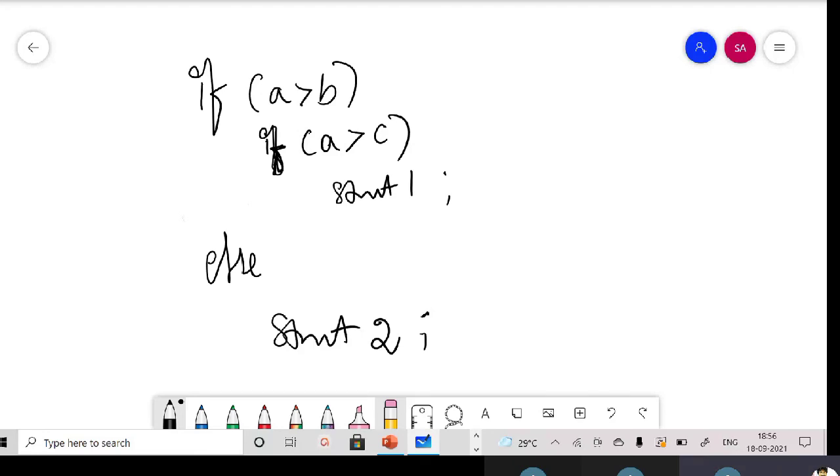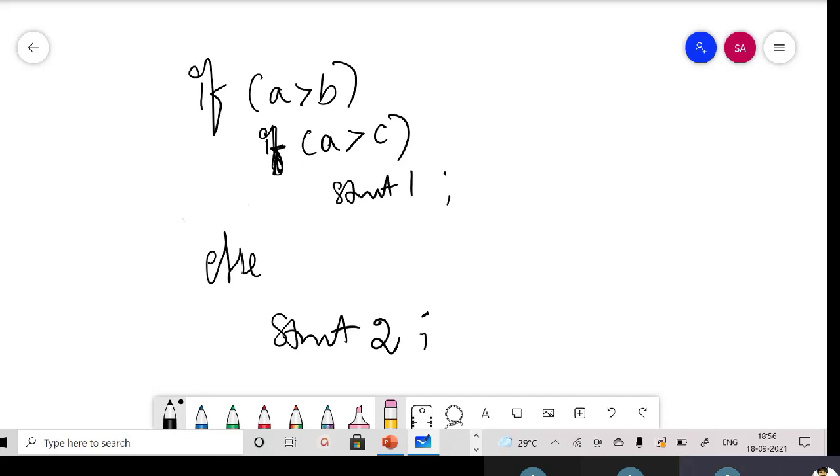Then there will be some ambiguity, sir. Very good. So then we are having some confusion, like whether this else belongs to the second if or the first if. Okay, if this is Python or some similar code, we don't get this kind of thing because in Python we use indentation for representing a block, right?